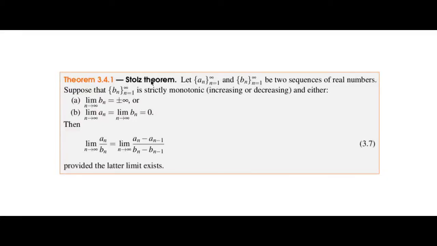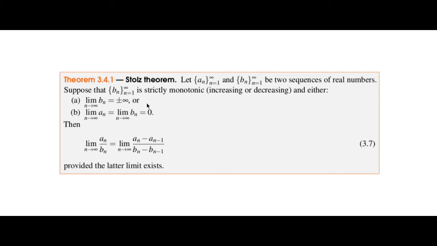This is called Stolz Theorem, again because of a mathematician called Stolz. So let a sub n and b sub n be two sequences of real numbers, and suppose that b sub n is strictly monotonic, increasing or decreasing. So it's either growing or decreasing. So it's either the limit of b sub n is plus or minus infinity,